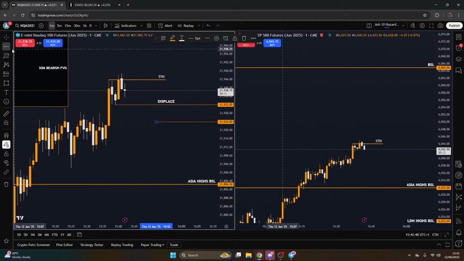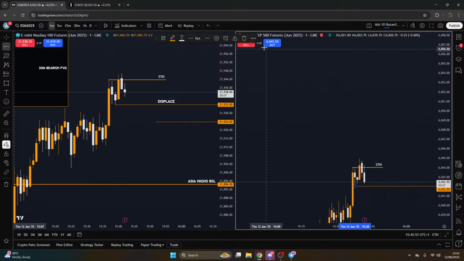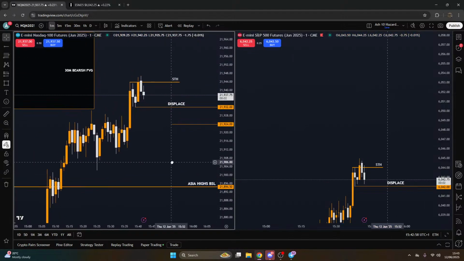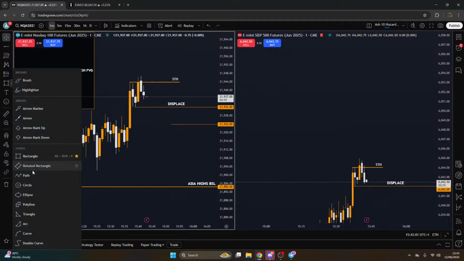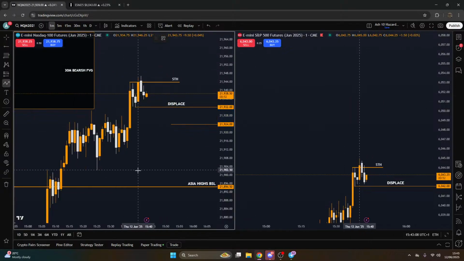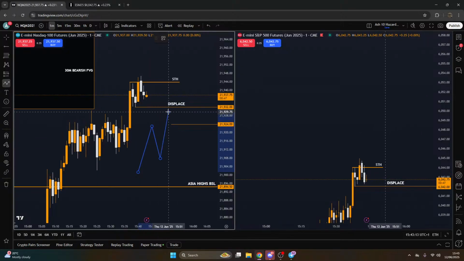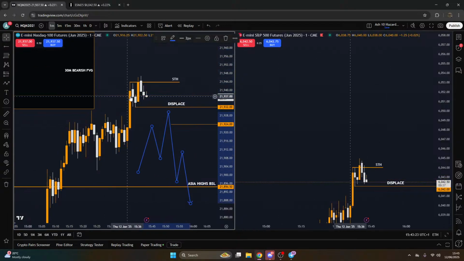So currently, we're getting a really clean 2022 unicorn model. A unicorn model is basically what we got in the first AM as well. It's where you get a sweep of liquidity. We come down, so that forms a short-term high. It takes out the short-term high, displaces lower, leaving behind the fair value gap paired with either a breaker or a mitigation, taps back into that gap, and then you look for shorts,